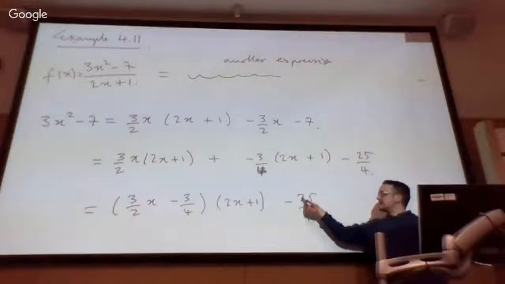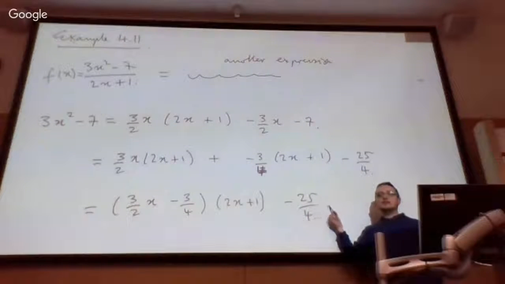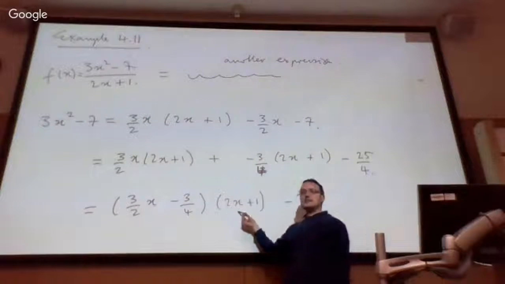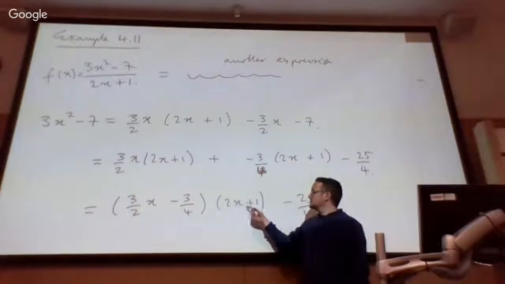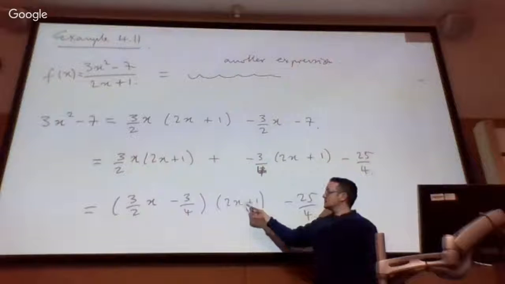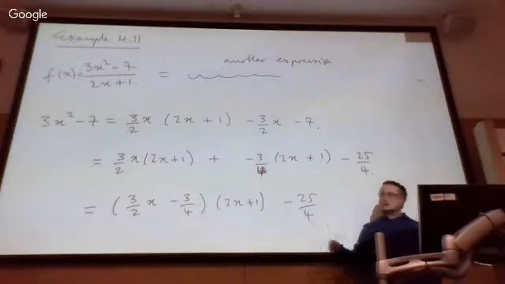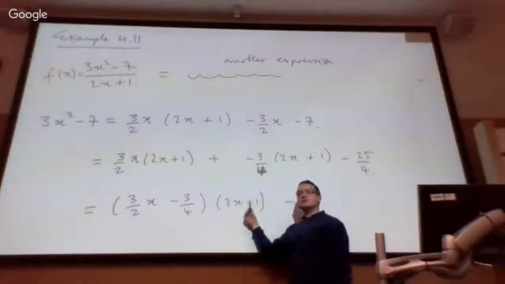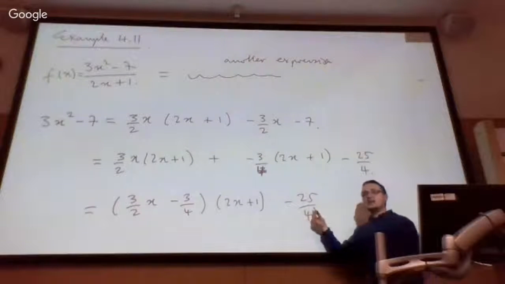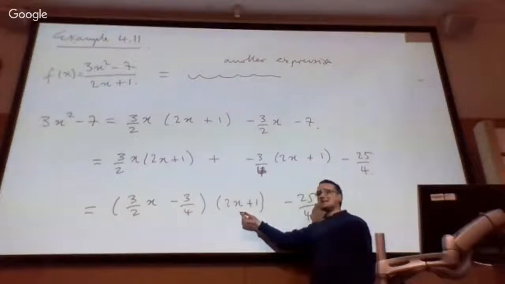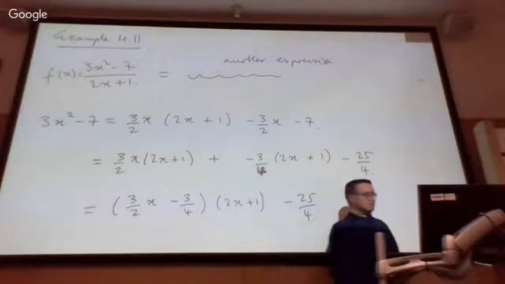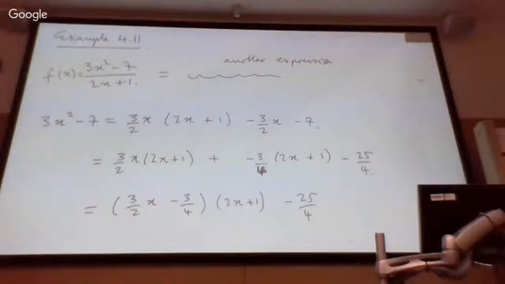In general, what you're looking to get here is a remainder polynomial which has smaller degree than the one you divided by. So we've divided by this polynomial 2x plus 1, which is order 1, and we've got a constant which is order 0. If we were dividing by a more complicated polynomial, a cubic or a quadratic, order 2, you'd be looking to get your remainder as having degree strictly less than the degree of what you're dividing. Because now we can say,